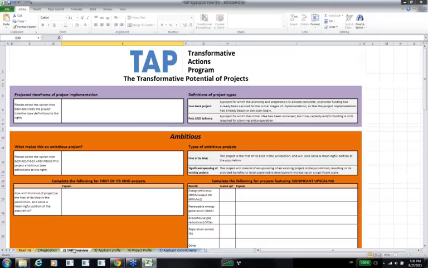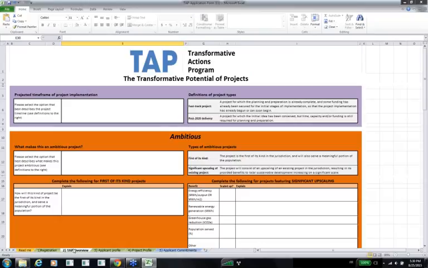And as I said, we ask you to accept that the information provided in this particular tab can be made public on our TAP online platform that will be showcasing all of the submitted TAP projects and will be up and running in October. We ask you here to really tell the story of your application, of your project.